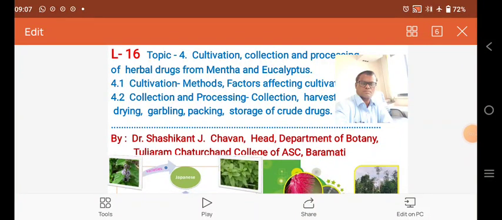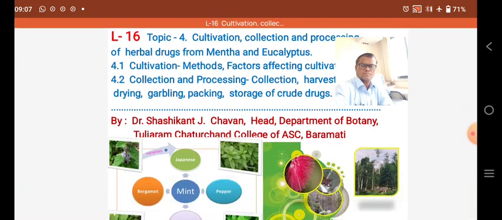So we have started the topic number 4, cultivation, collection, and processing of herbal drugs. Good examples are two, mentha and eucalyptus. In the cultivation practices, you see here which methods are used, then factors affecting cultivation, then collection and processing, then harvesting, drying, garbling, packing, right? So here you are observing the